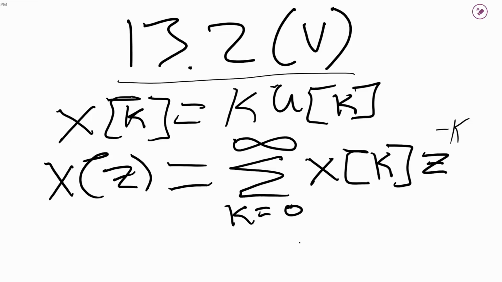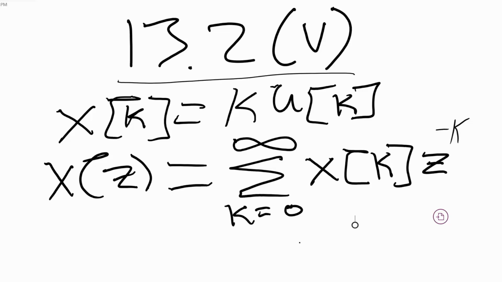Okay, so we're going to be doing, out of chapter 13, which is for Z transforms, 13.2, part 5. And the problem we are given here is x of k is equal to k times u of k. And what we are asked to do is to find the unilateral Z transform. Now the difference between the unilateral and the bilateral Z transform is that we're only looking at k from 0 to positive infinity, as opposed to the bilateral, in which case you will be looking at k from negative infinity